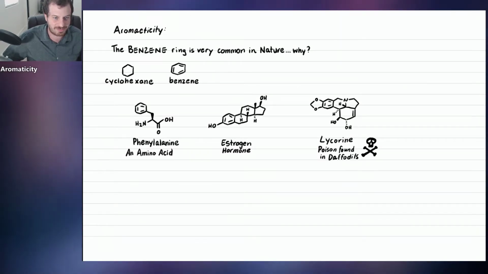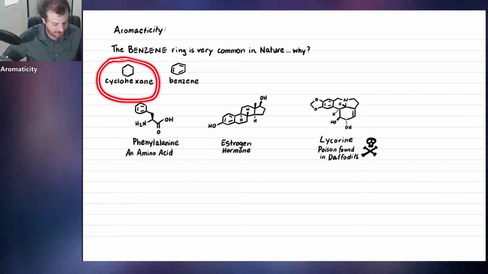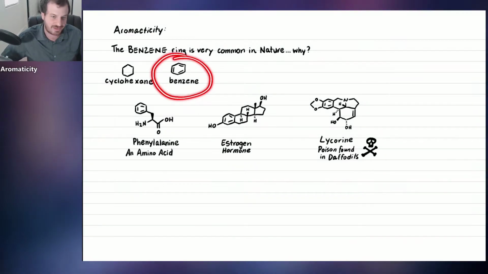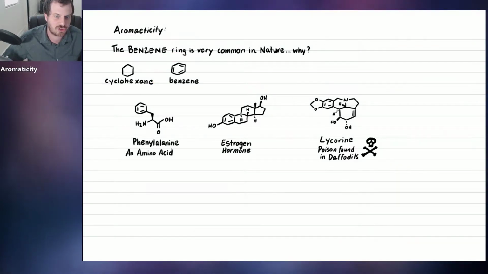So in this part of the class, we're going to combine those two ideas. What if we took a cyclohexane and stitched it together with the idea of conjugation? What do you get? You get benzene. The benzene ring is extremely common in nature, and as you can imagine, it's because we're blending together two very stable things, cyclohexane plus conjugation. If you look at a lot of naturally occurring molecules, you'll find the benzene structure buried inside of them.